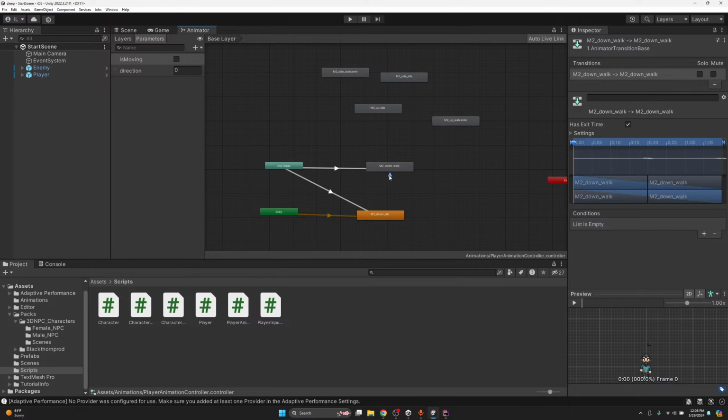But it kind of already transitions to itself. It's just really confusing, to be honest. Do you want to be able to walk up and down and transition from any state? Because